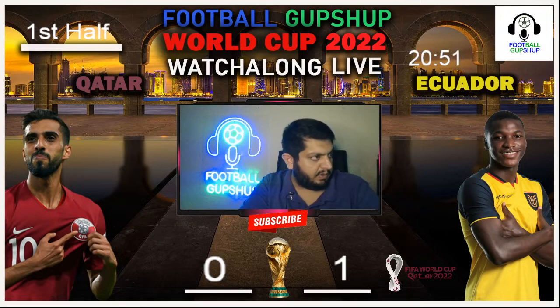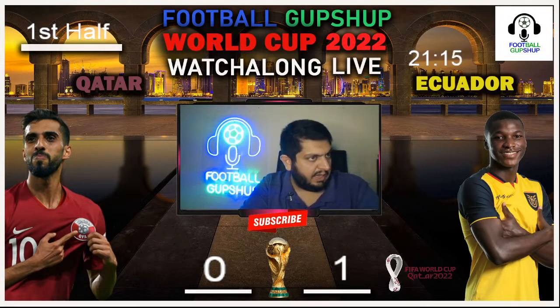Right now, Ecuador are kind of pushing Qatar, but it seems that Qatar will have to respond in terms of equalizing. Right now, Qatar have got the ball. So let's see what is going to happen. Ball being pushed. Once again, it is Ecuador on the ball, and this time it is going to be another yellow card. I think this is going to be for Abdul Muiz.